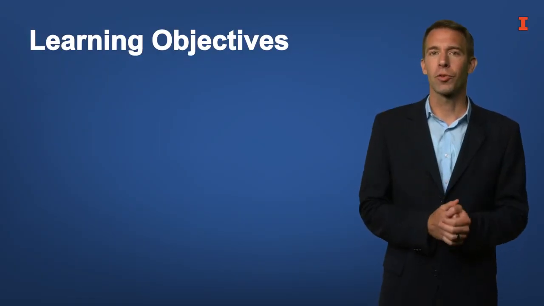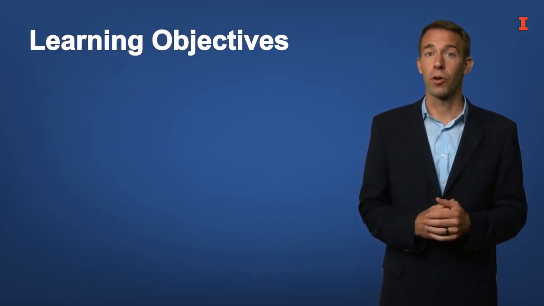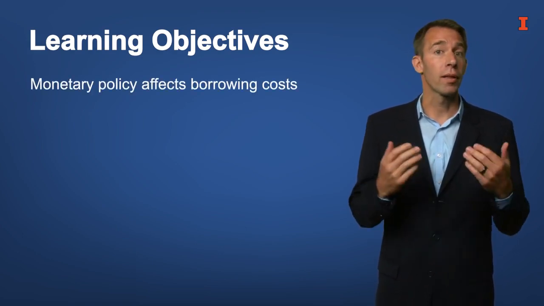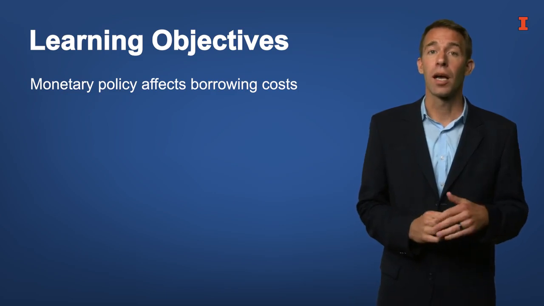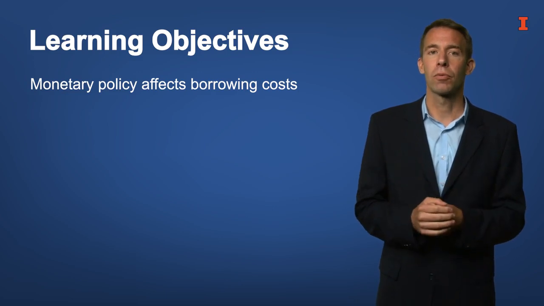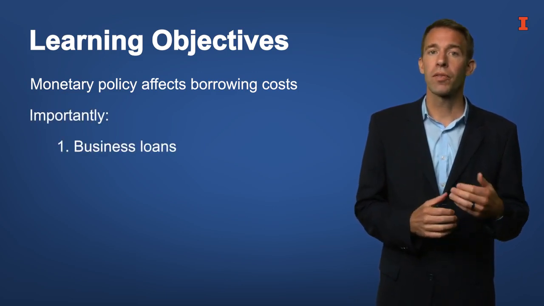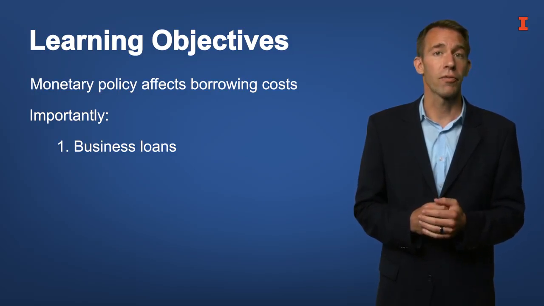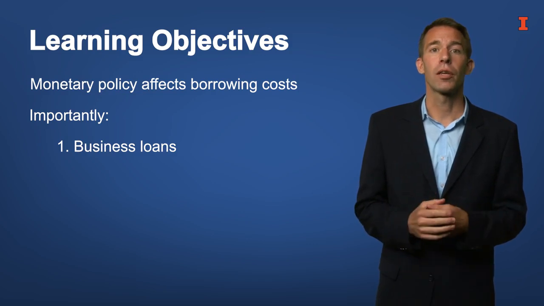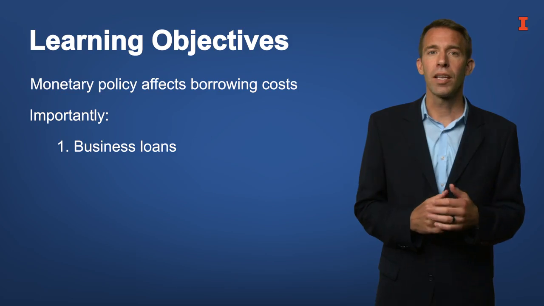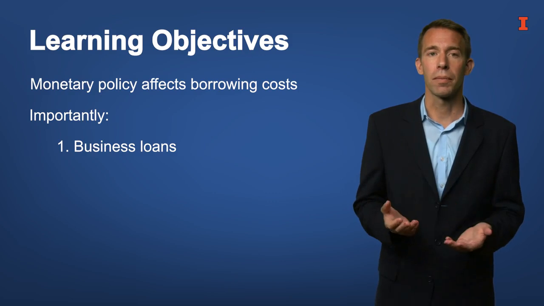Hello, and welcome to this lecture on the transmission of monetary policy through businesses and households. Our goal in this class is to better understand how changes in the interest rates are passed through to borrowing costs. We will see how this matters for businesses, particularly small and financially constrained firms that do depend on variable rate bank loans. This can have knock-on effects for investments and jobs in the economy.